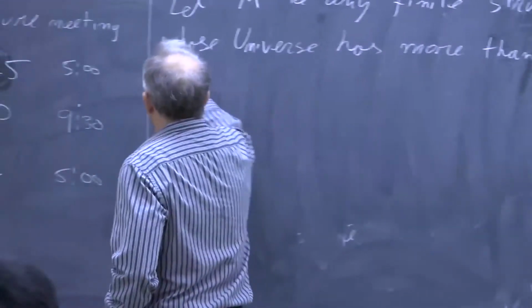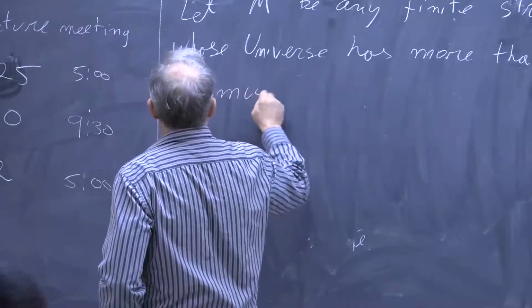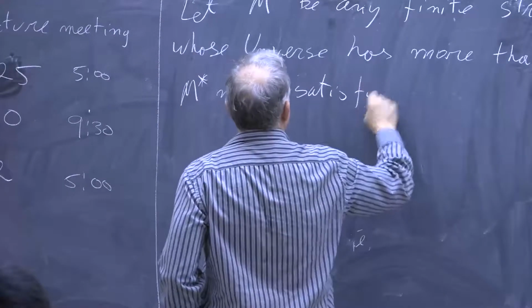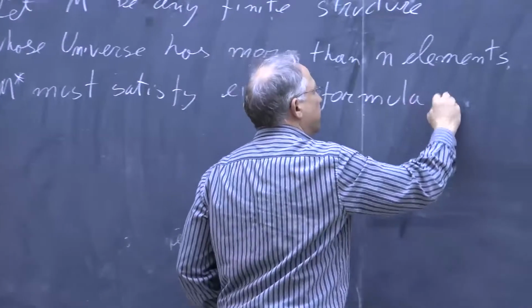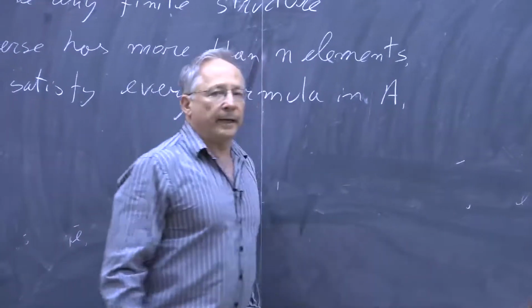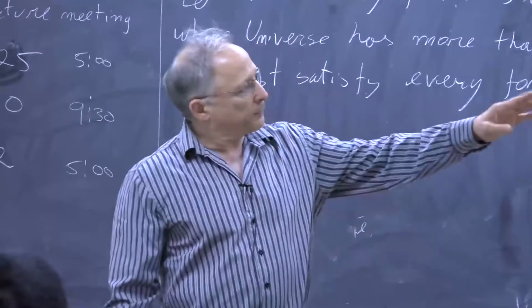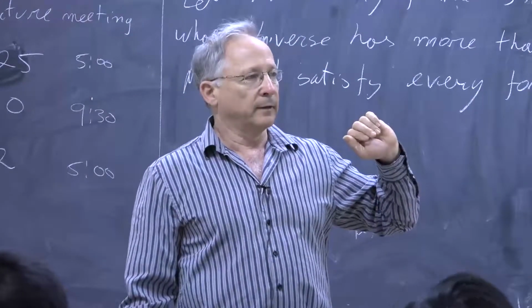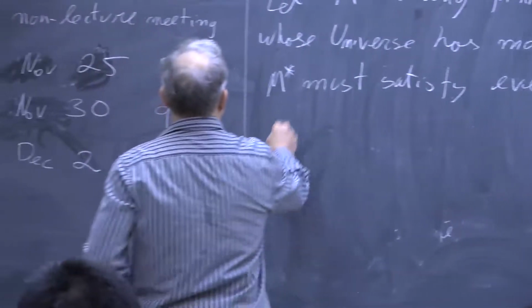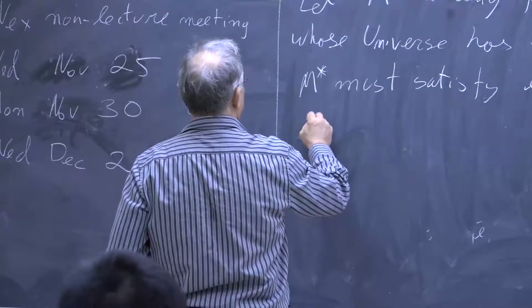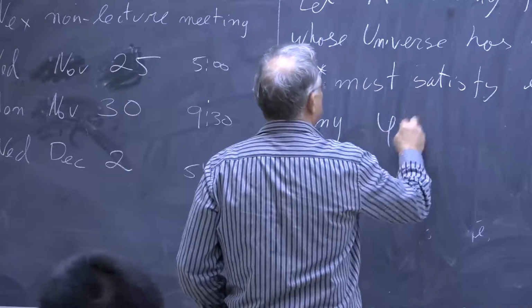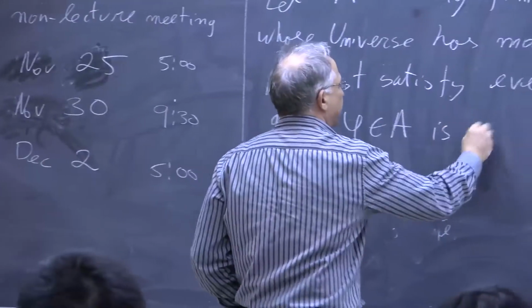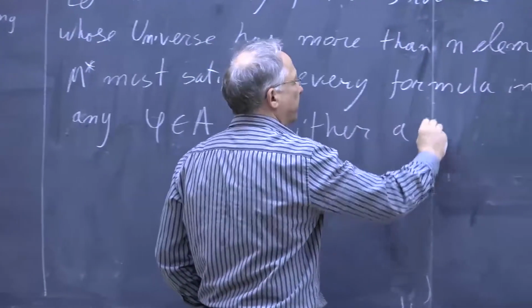Because in order to satisfy A, I claim that M star must satisfy every formula in A. Because every formula in A, either it came from sigma finite, because given any, let us give them a name, say phi in A, is either a member